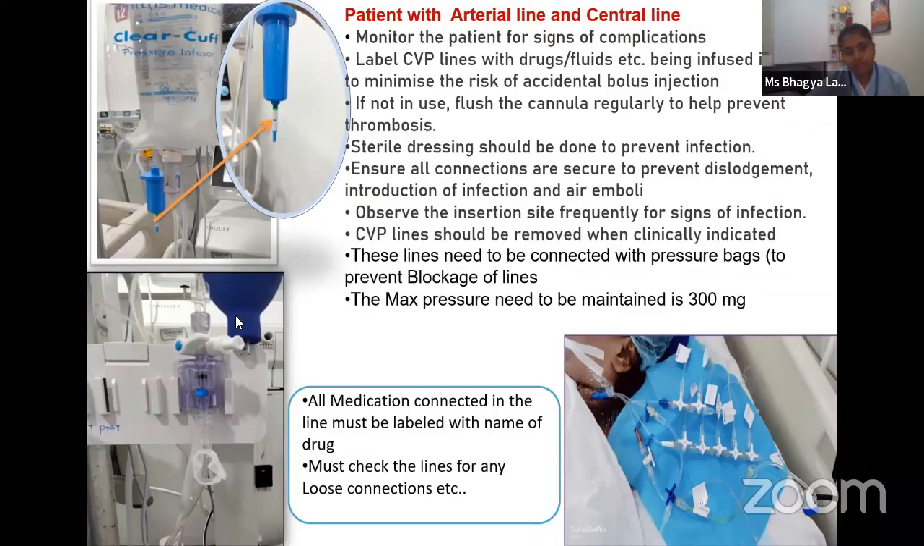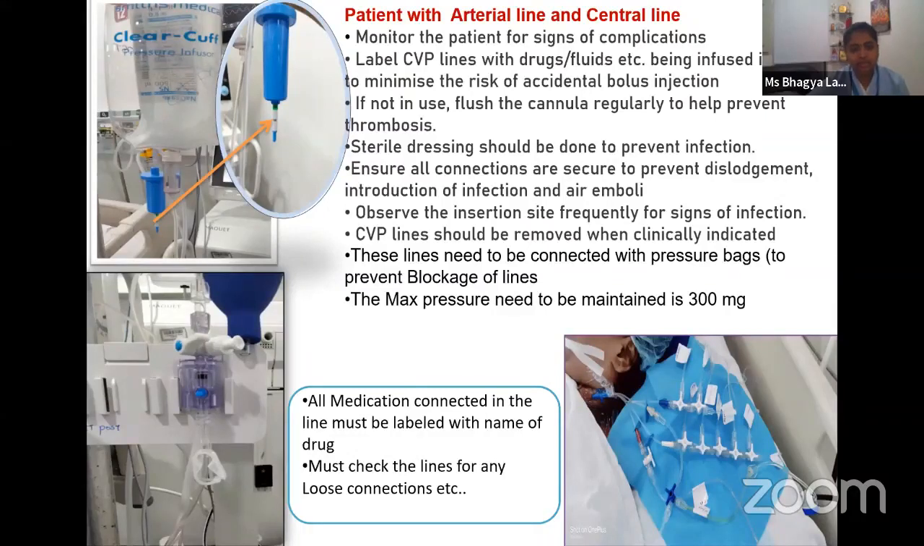Then you have to monitor the patient for any signs of complications like hematoma, bleeding, and signs of infection. Then label all lines with the date of insertion and the day, because we have to remove the lines as early as possible. If not in use, flush the lines, which helps prevent clotting. Use a sterile, transparent dressing so that we can view the line continuously, ensuring all connections are fit enough